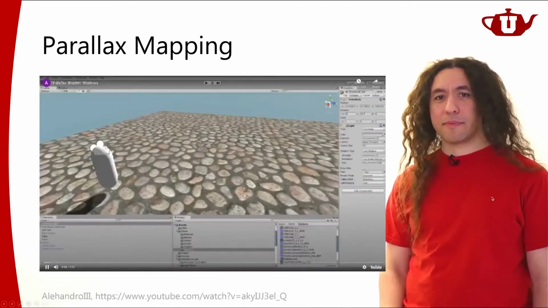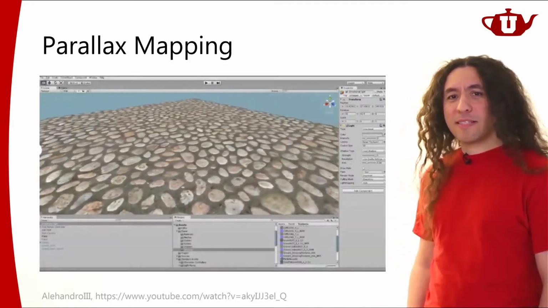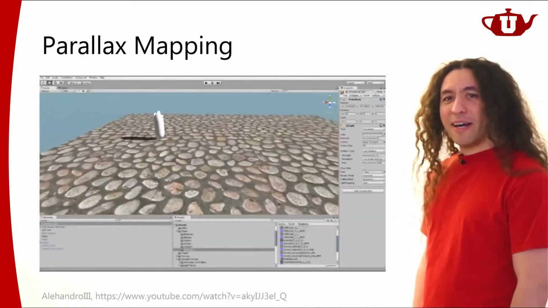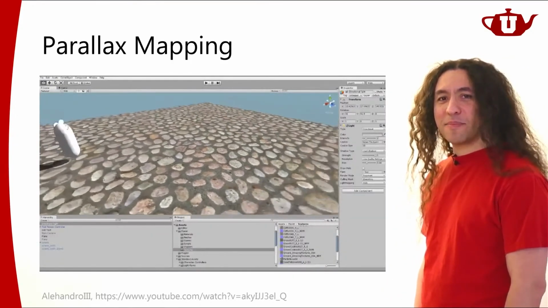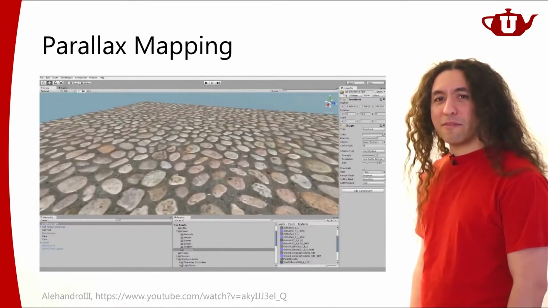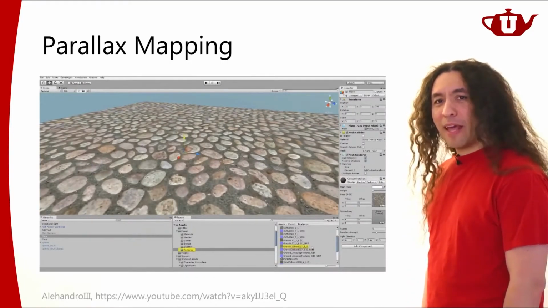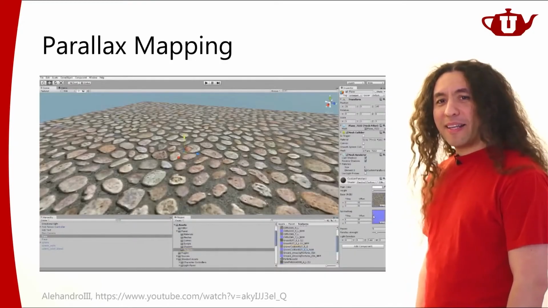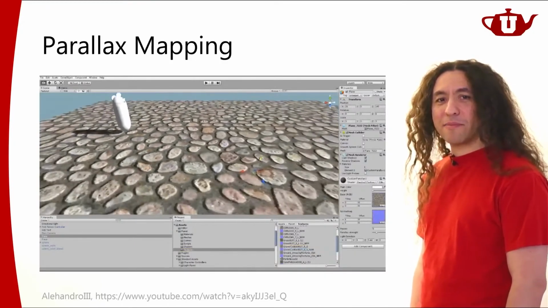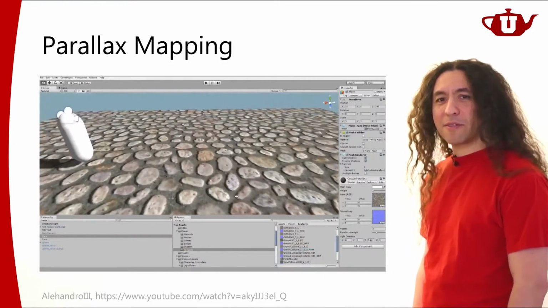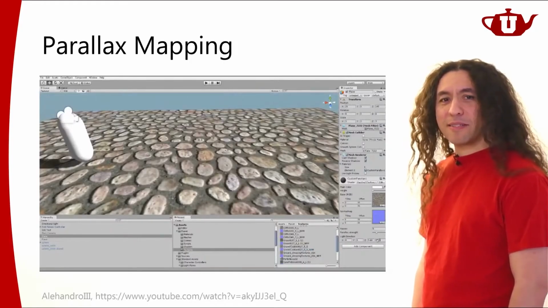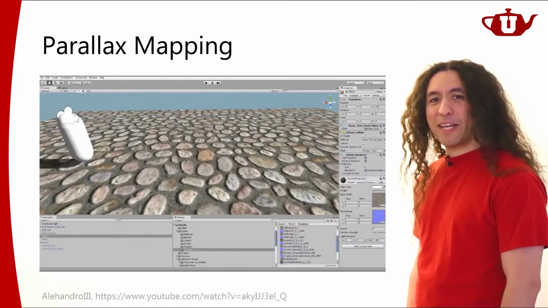All right, let me show you a video. So in this video, you can see that there's just some texture on the floor. It's all flat, nothing is happening. And now the user is going to apply some shadows, and he's going to apply parallax occlusion mapping. You ready?